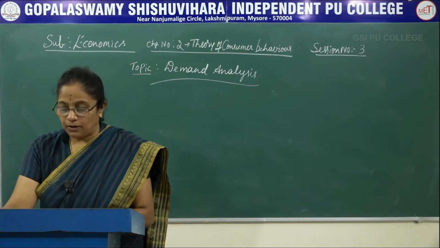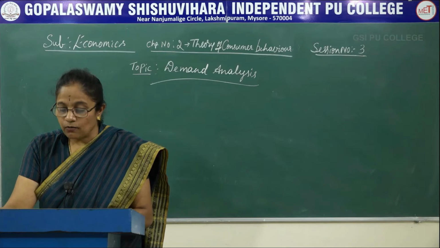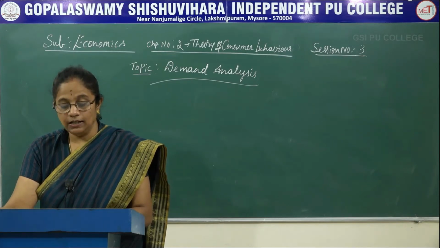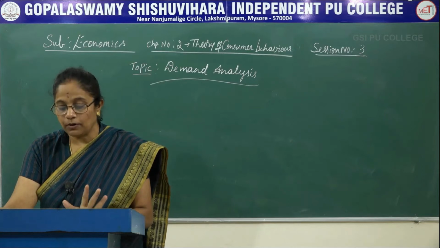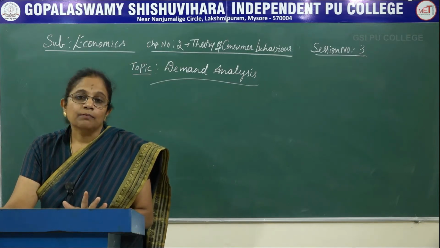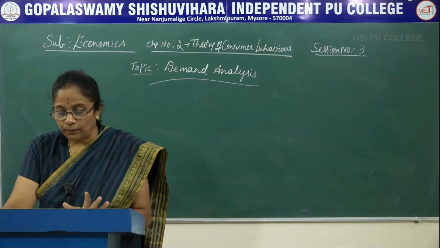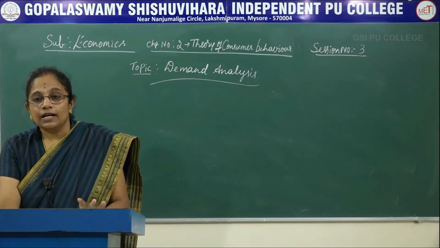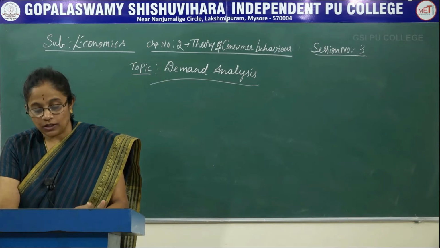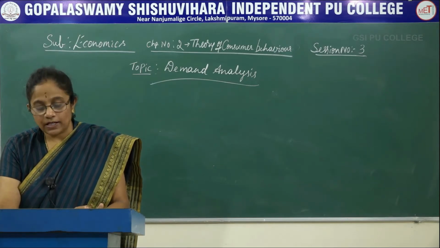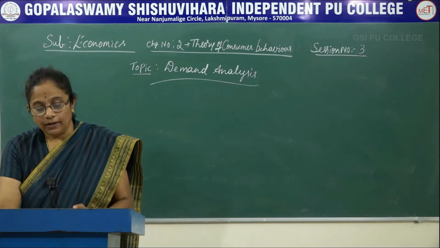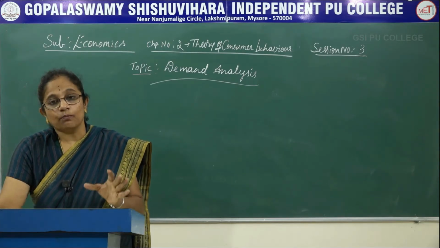According to Alfred Marshall, demand is the quantity of a product that a consumer purchases in the market at a particular point of time and with a pre-existing price. Okay, so there are many factors that influence demand for a product to the consumers, that is price of the commodity which the consumer is going to buy. So that influences him to buy the product.